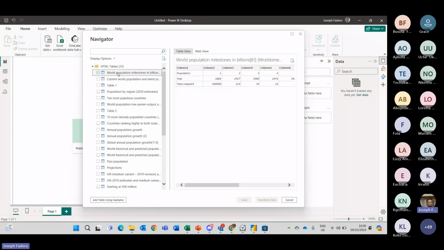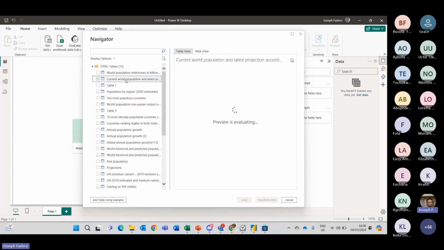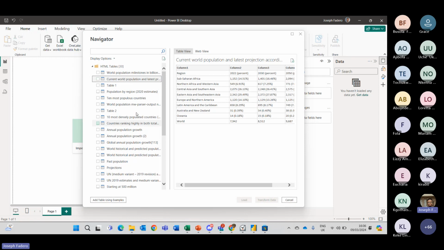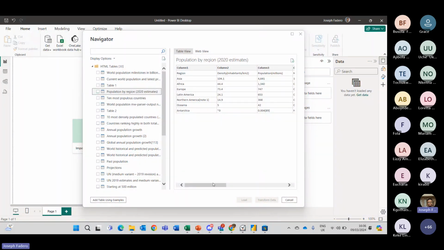If I want to take a peek at the data I'm seeing, I can just click on this. You have a table view. So this shows how the table looks. I can scroll. Is this the data I want? This is not the data I want. I can take a peek at this as well.